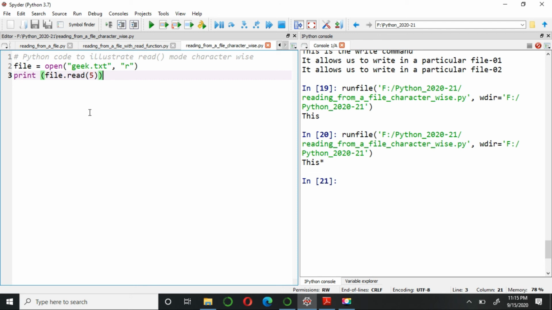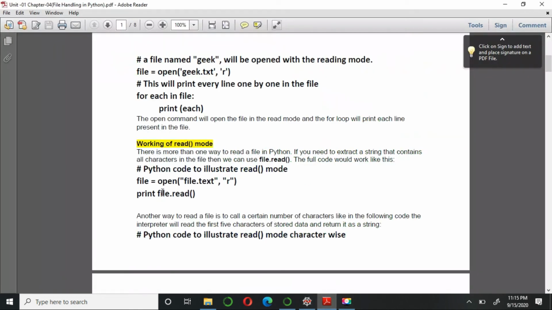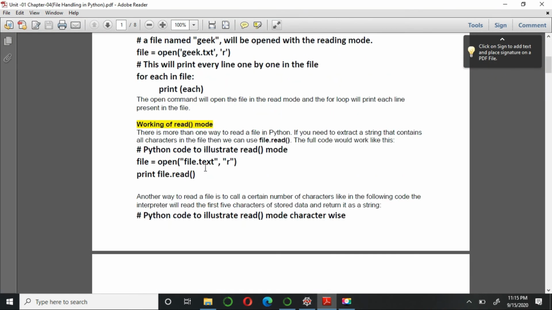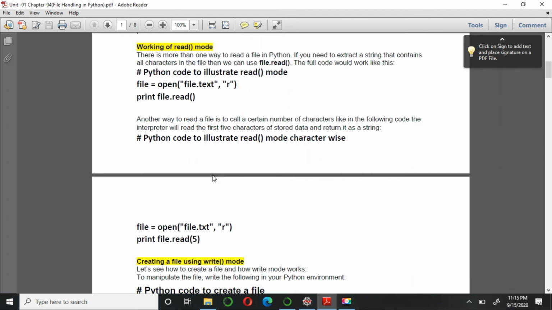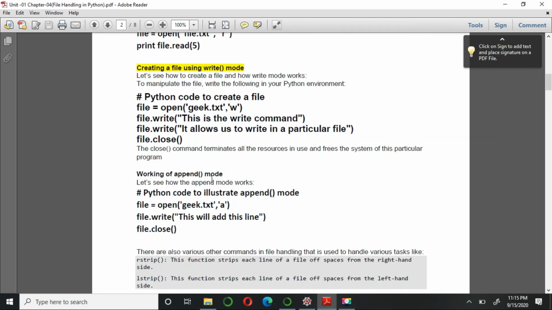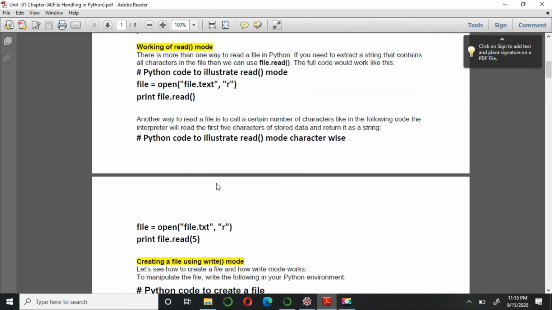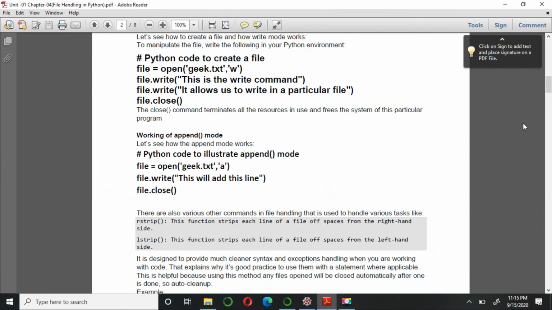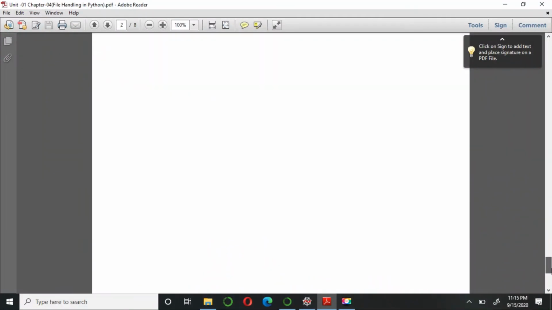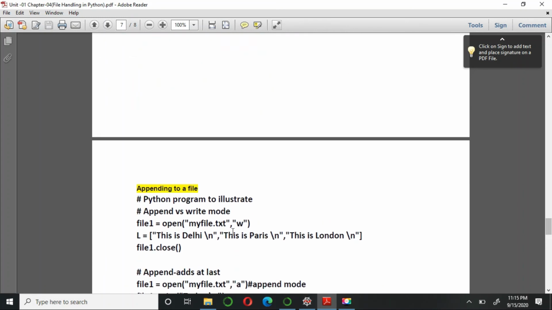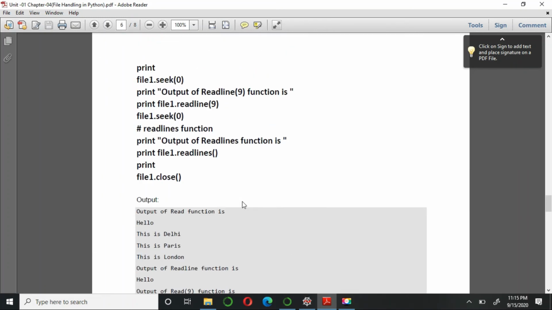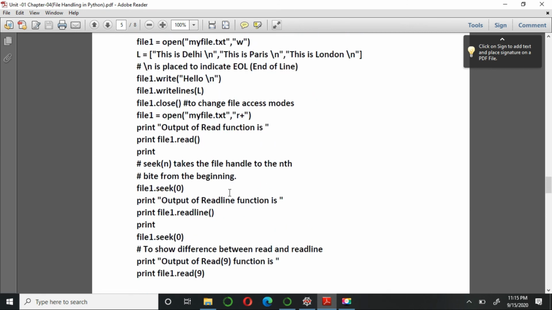I hope these four programs are clear to you now, and whatever theory we have discussed is already there in the PDF I have shared with you. I want you to write down the codes and execute them again with the given PDF file. If you are not good enough to execute the code by yourself, you can take help from the PDF file. At the end of this file we have more programs. In our upcoming videos I'm going to tell you the programs of appending and searching. Whatever programs are pending, we are going to cover in our next video.